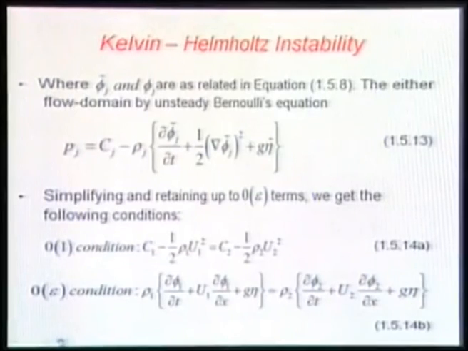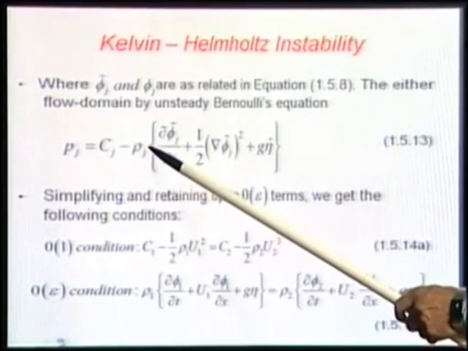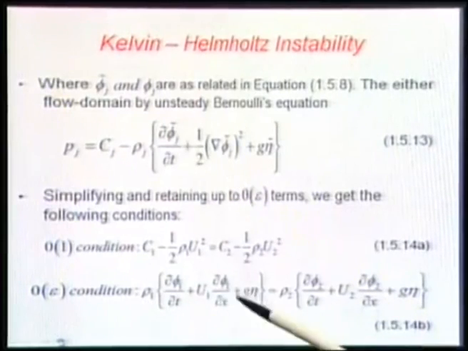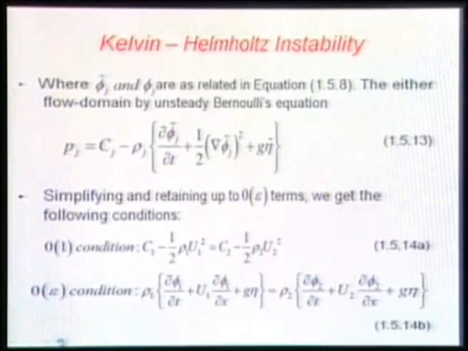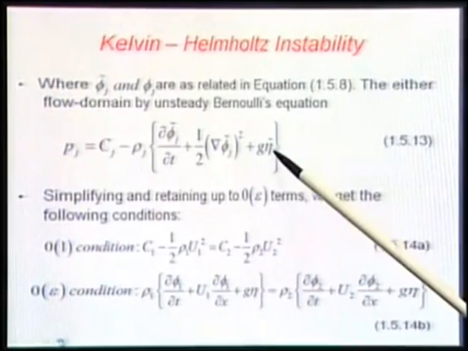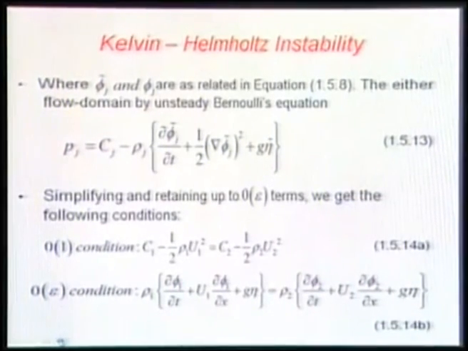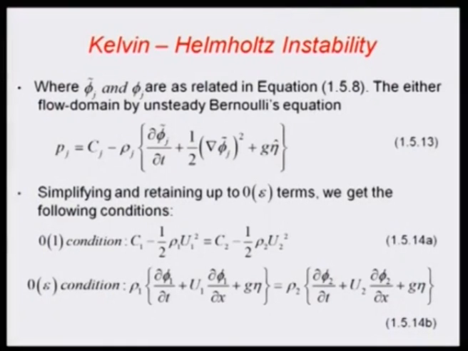That is the order 1 term, and the order epsilon term would come from the rest. That will be the lower side. I will have rho 1 del phi 1 del t plus the order epsilon term. What do I get? That is capital U j plus del phi j del x. So, if I only keep the order epsilon term, that will be the 2 terms, that quantity, and there is a half. So, that is what we get. So, this is the order epsilon term, and from here I get g eta, and the same way I will write it there. So, you see how this can be really